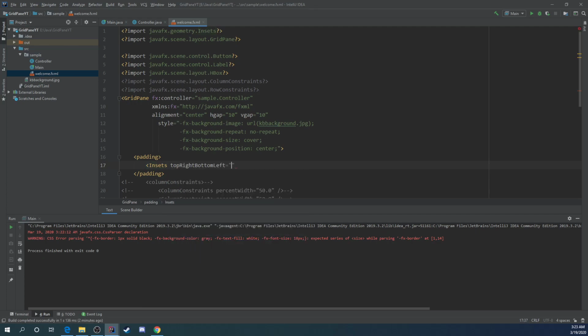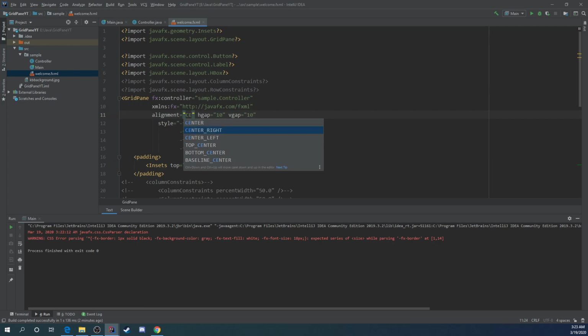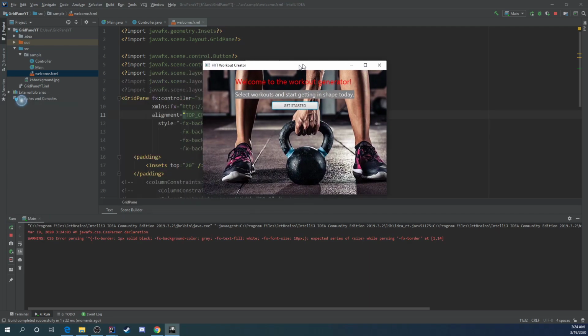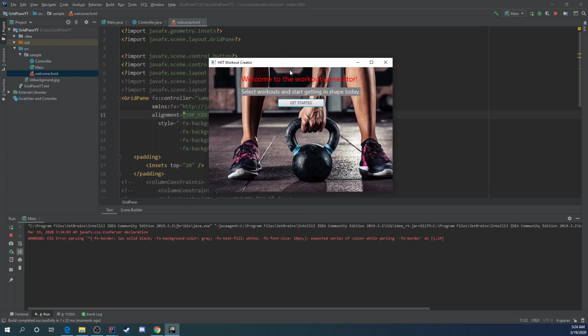You can set them all at the same time if you want to, but I'm going to say top, and set it to 20. So if I go back to here and set this alignment to top center, you'll notice that it's actually moved down